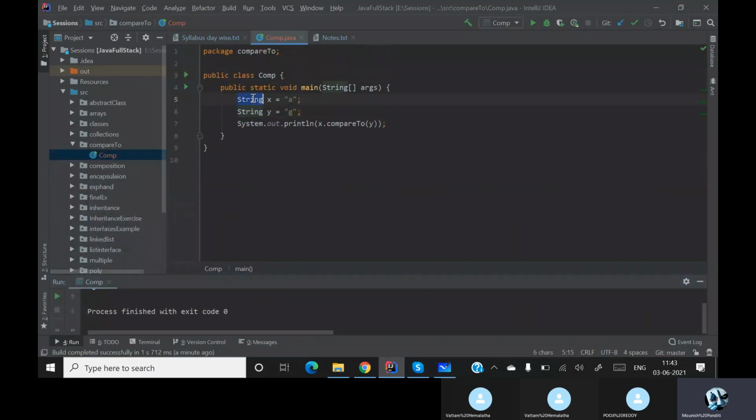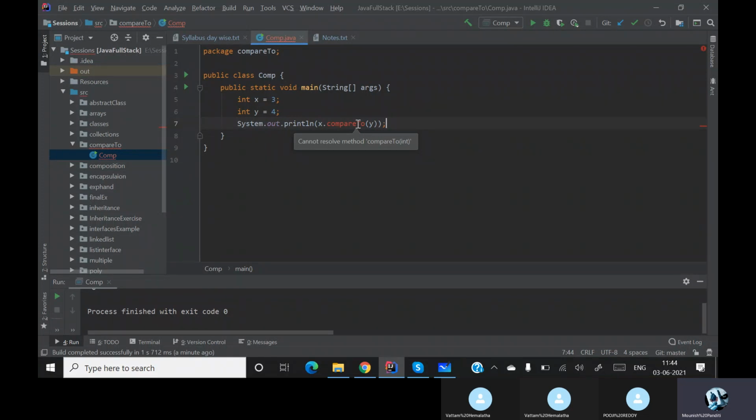But what if I have an int? It is already starting to give me errors. See here, it is giving me an error, cannot resolve method. So what is the problem here? int x equal to 3, int y equal to 4, those two are legitimate values, so a comparison between them should be possible.